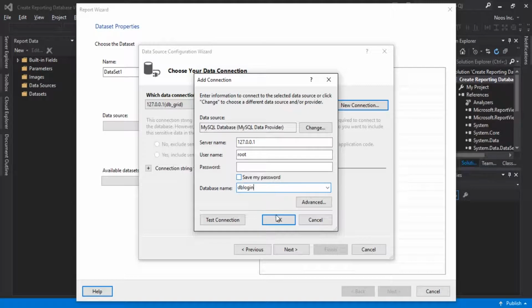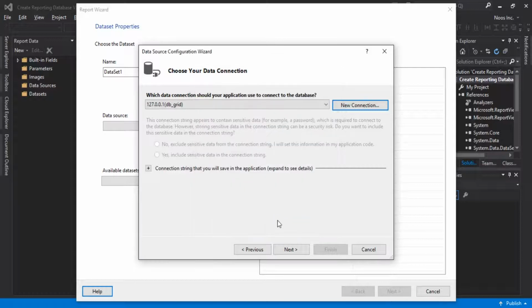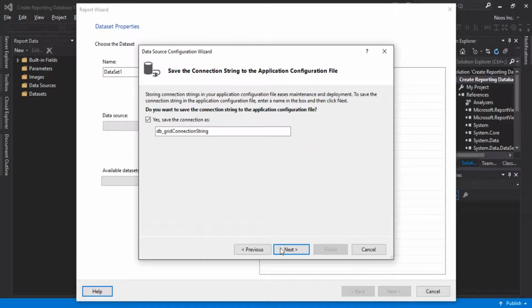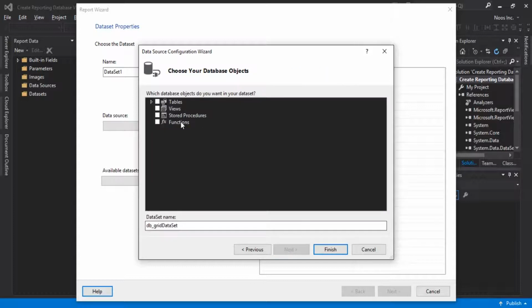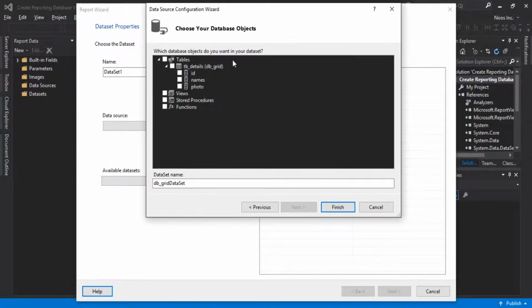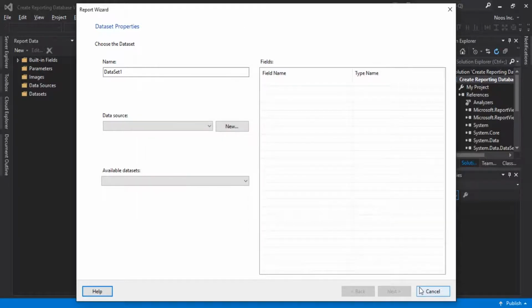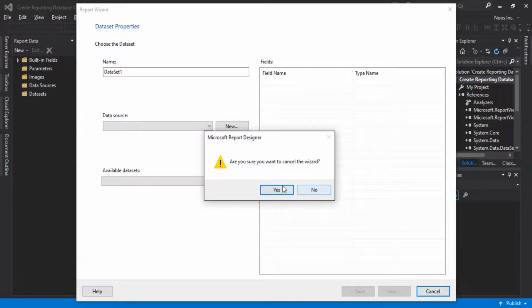After that I click OK here and then click next. Save the connection string to the application configuration file. Yes, save the connection. You can rename this, but I let it by default. For the table, you can see, guys, I'm sorry guys, I mean it is DB login, not DB grid. We can again, yes,